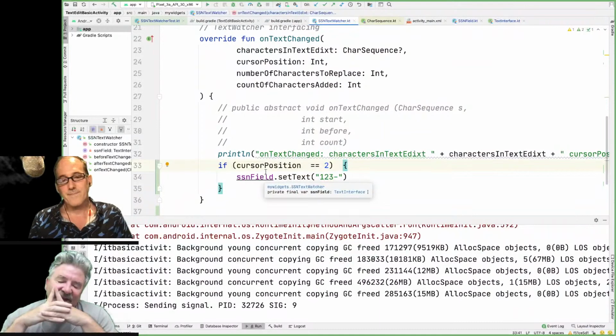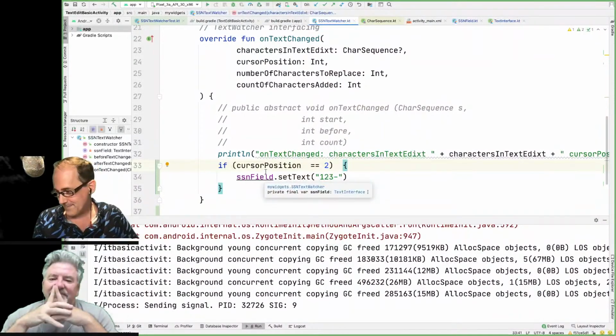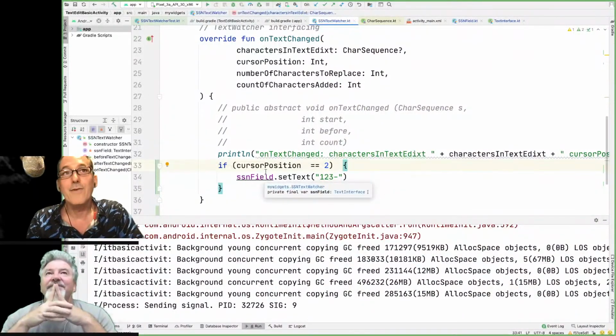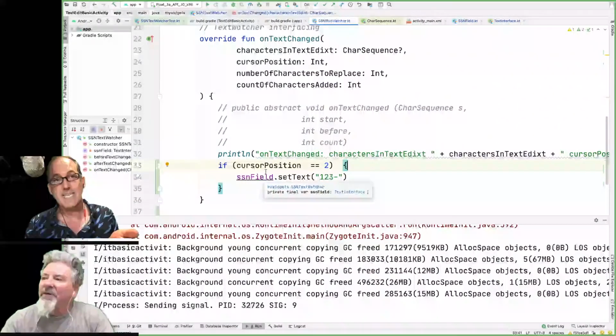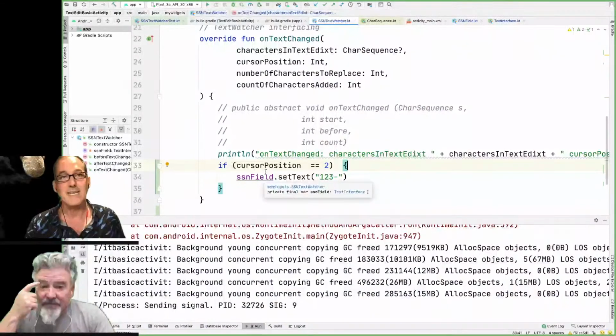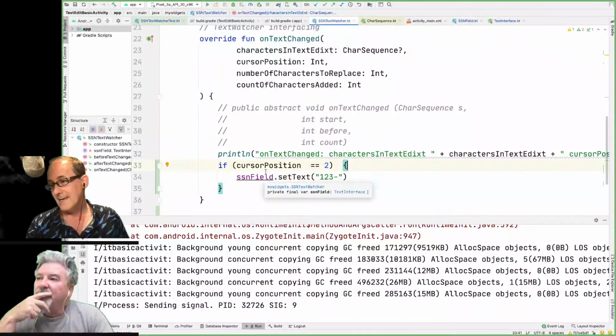Okay. And let me think about this. Now, I'm trying to think of how to add this into our unit test as well. So last time I did this, I did add it to the unit test. I just stuck the damn code in there because I couldn't think of how to unit test it. But